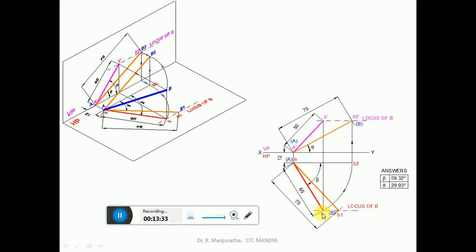But the other way is, since you have the top view now, you draw a vertical projector so that it will cut the locus of B in the front view. So you are going to get this B dash, join A dash B dash with a dark line. So this will be alpha, this will be theta, this will be beta, and this will be phi. So correspondingly we can measure the angles. So this is how we will be able to analyze this problem stepwise. So this is going to be the final solution.